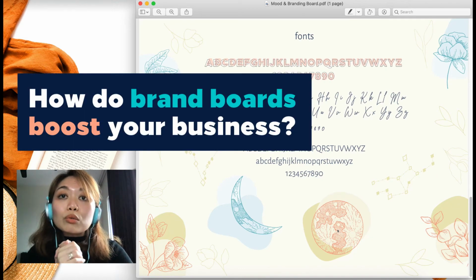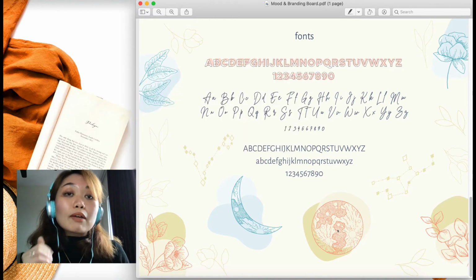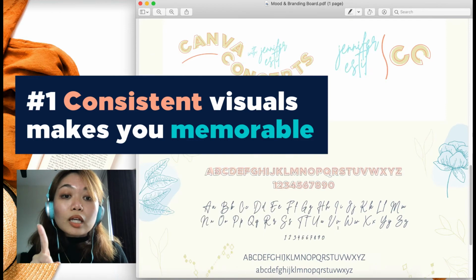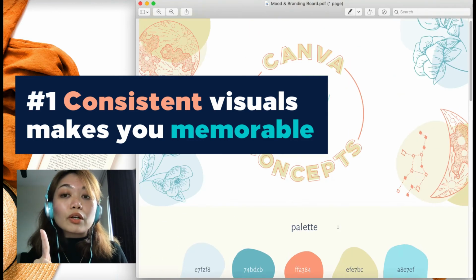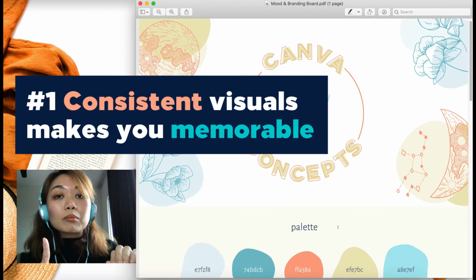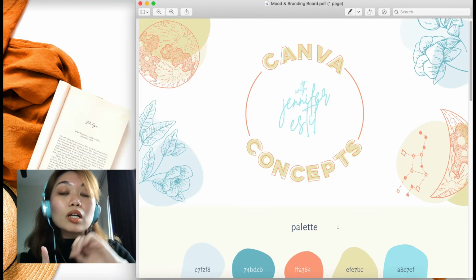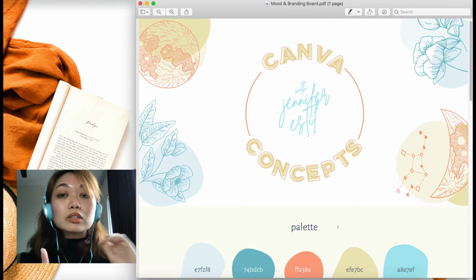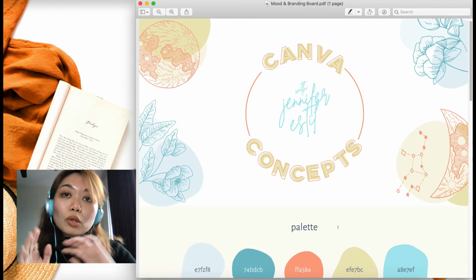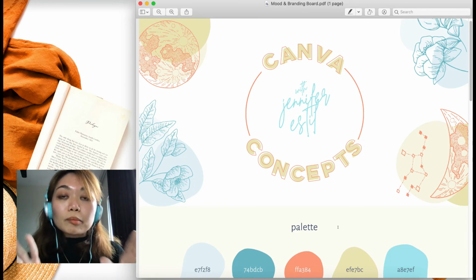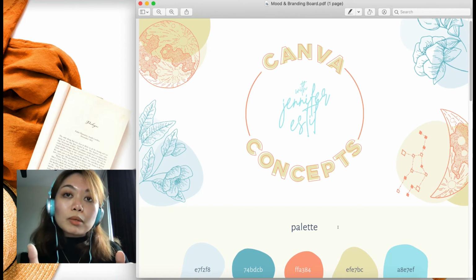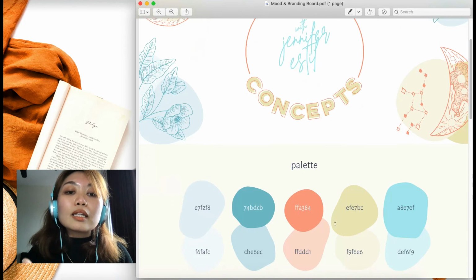Now, how will you use this to boost your business and brand is by first following and using all of your ideas from the brand board consistently in all of your graphics, page, websites, and even in your emails. Continue to use that consistently so that your target market or anyone who will see your business will have a recognition of who your brand is or what your brand looks like visually. And then second